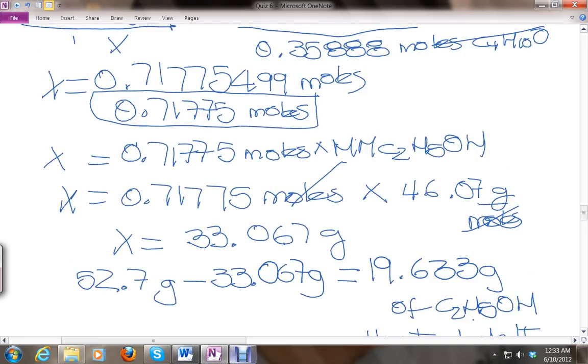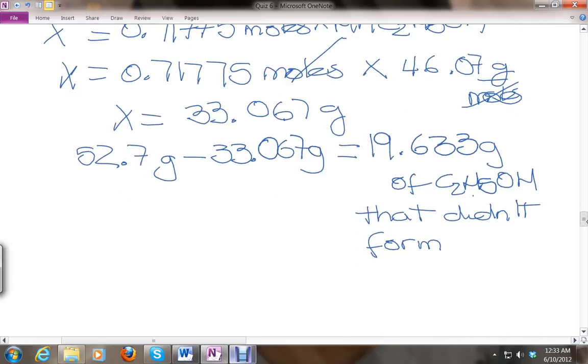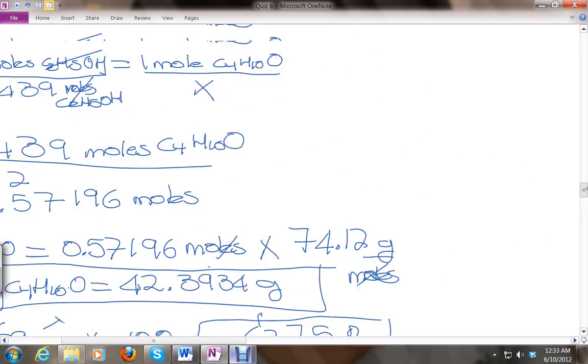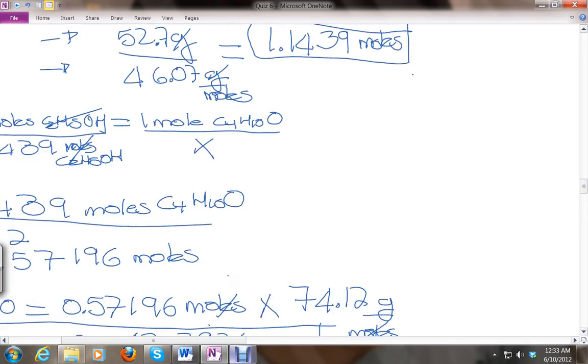Here is what I was making. I don't know if you noticed, I was making a mistake here multiplying this, and it's 33. So if we got initially 52 grams of ethanol and 33 were converted to form diethyl ether, that means what is left over is 19.663 grams of ethanol, because if you look at the reaction here,